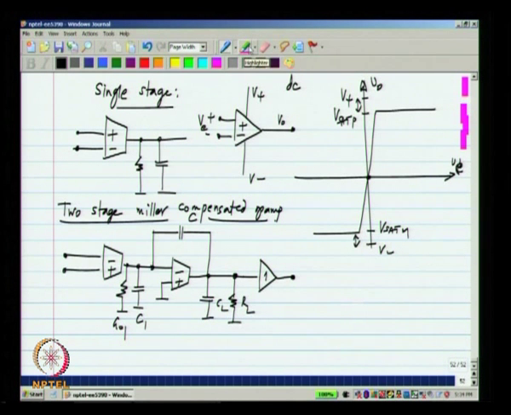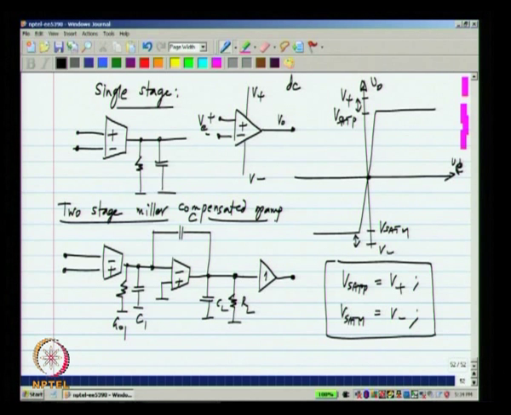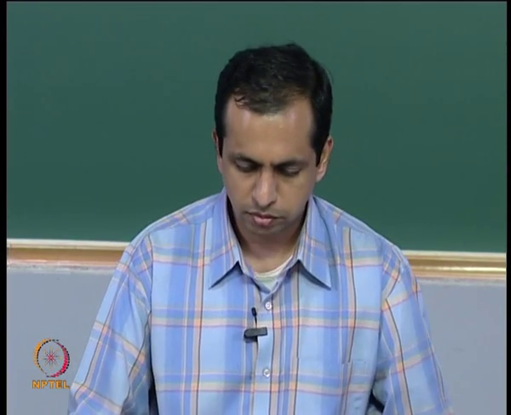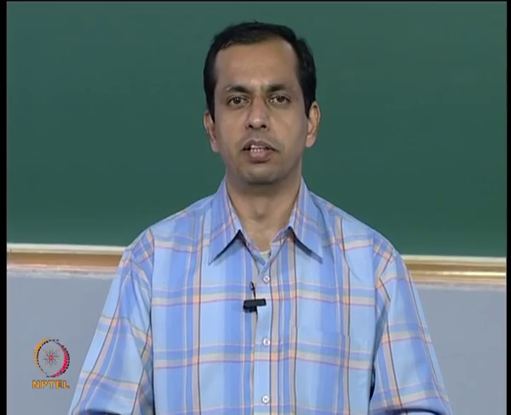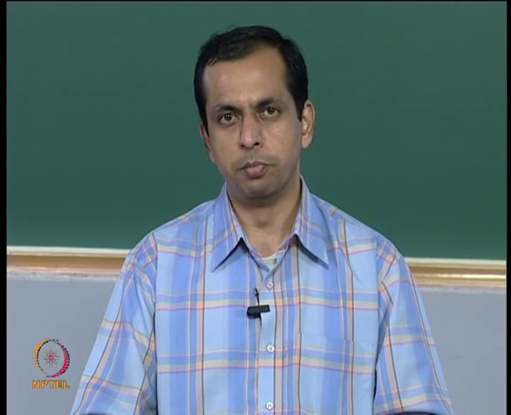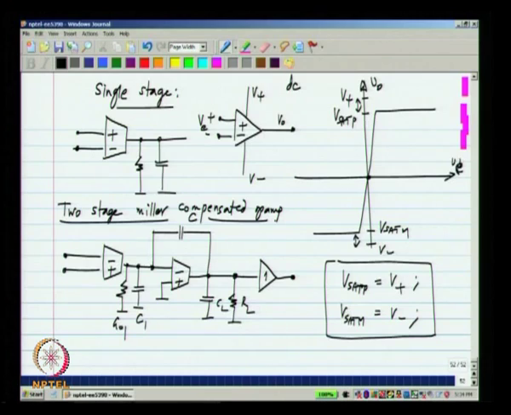Now, when that information is not available, it is a reasonable approximation to assume that V sat P equals V plus, that is the upper supply voltage, and V sat M equals V minus. These things you may be knowing from your basic electronics course, but I am just reiterating that. This is part of the data sheet. Basically, this plot tells you the DC gain, but also the limit of voltages over which you get a high DC gain. We will later see, when we make the op amp with transistors, exactly what these limits are compared to the supplies that we use.